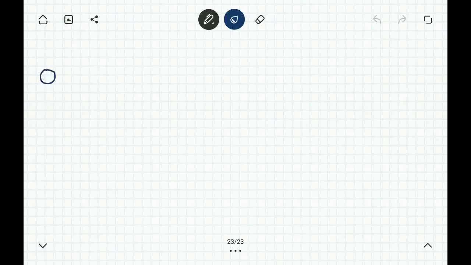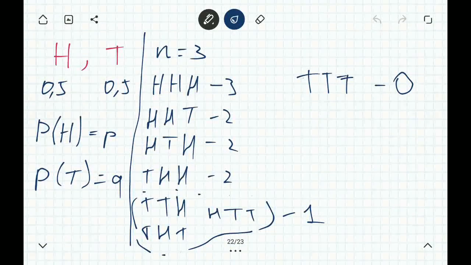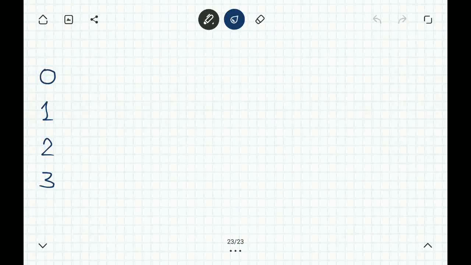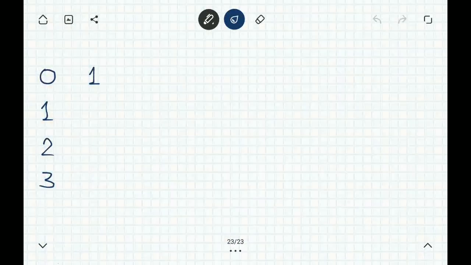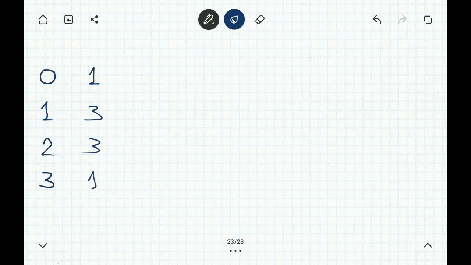I'll create a frequency distribution. So 0, 1, 2, and 3. And we see that we have only one case with 0 heads. And we have 3 cases with 1 head, 3 with 2 heads, and only 1 with 3 heads. So these are our